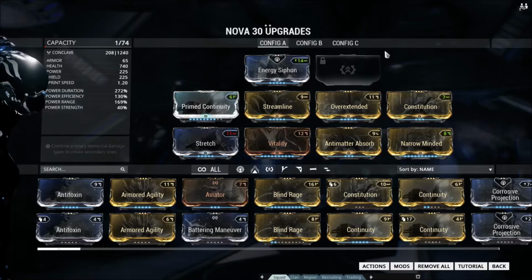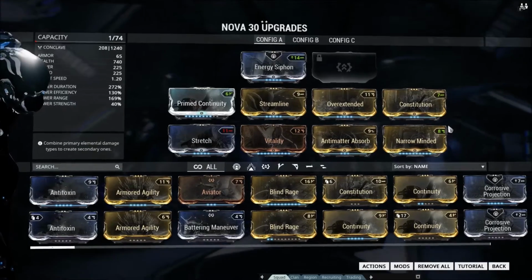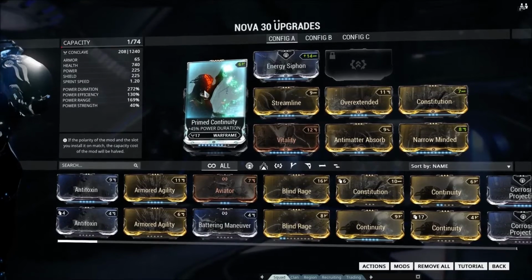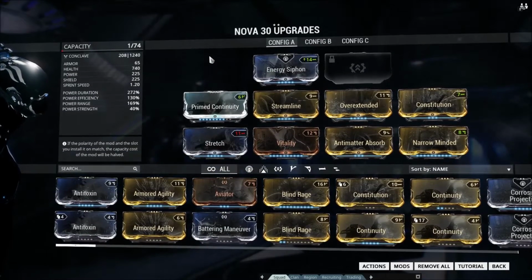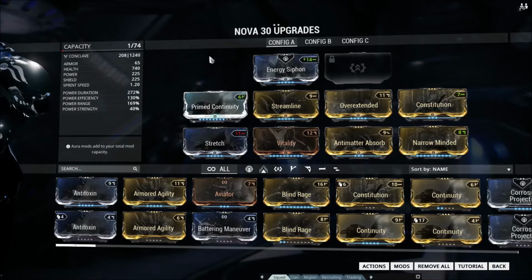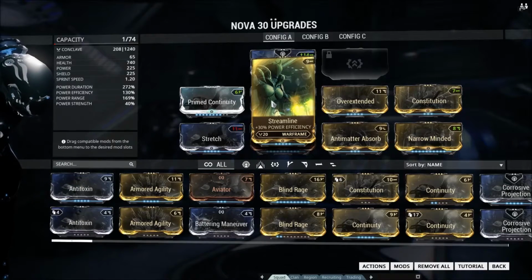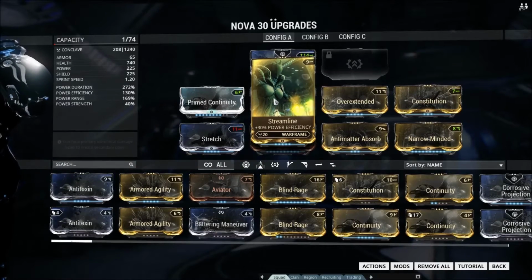Anyhow, the way you build Speed Nova is really simple. You need Overextended and you need all three duration mods. And the reason why is because Nova's ult travels, so it actually has a duration as it moves out. So the longer the duration, the bigger the AoE of her ult, and the longer it stays there affecting enemies inside it. Now of course we're having Streamline for efficiency and ignoring Fleeting Expertise, as we don't want that negative